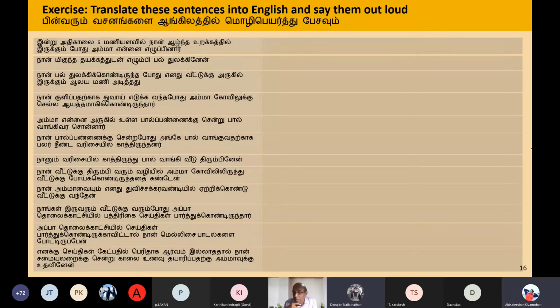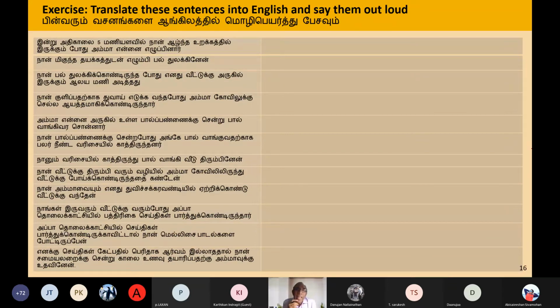Okay. When you start again, there was a small error. When you, what did you say? When I was having a deep sleep. No, it's okay when I was having, but you can say when I was in a deep sleep. You were in a deep sleep. You don't normally have the deep sleep. You were in. So that's a better way to say it. What you said wasn't wrong. It's fine. But if you want to improve, you have to say,